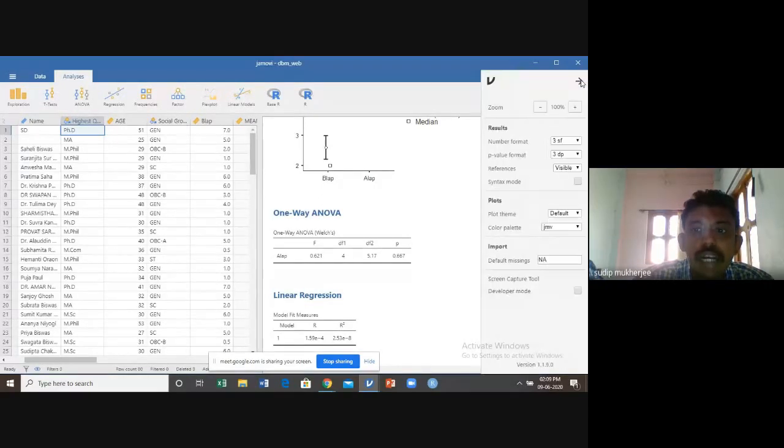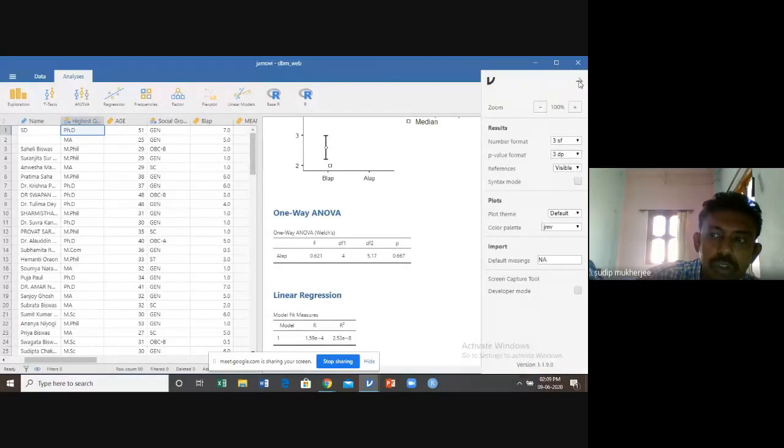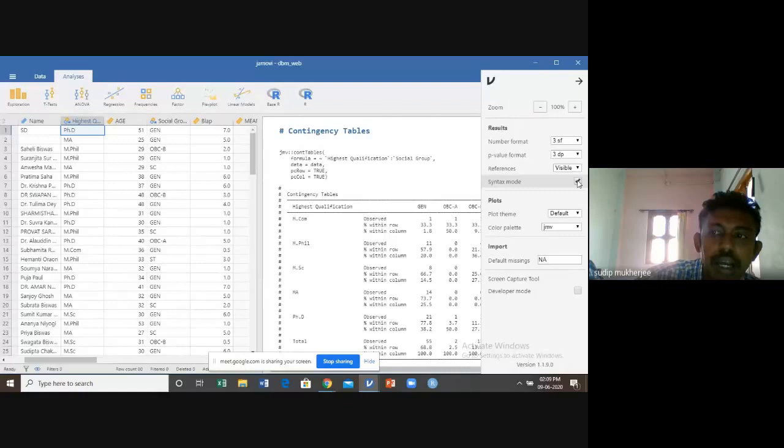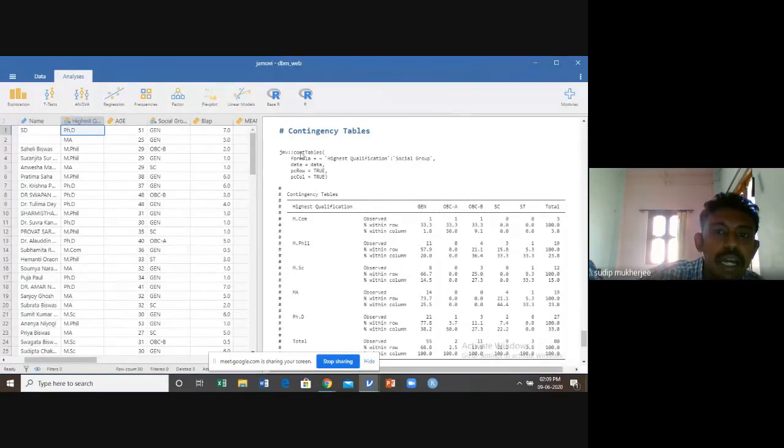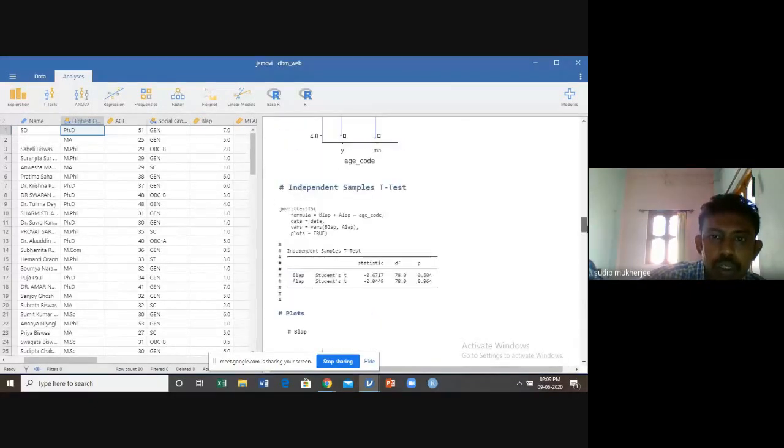If you want to know the R codes, you just click on these three dots, then click on syntax mode. If we click syntax mode, the syntax of all the programs is given.